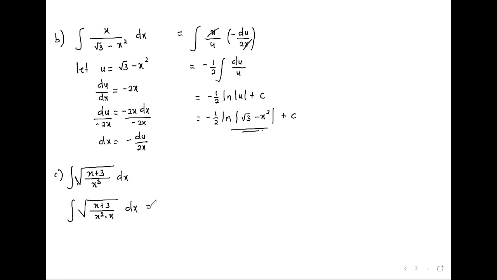So the x squared will pop out as x, and then x plus 3 over x, dx. Like that. And then